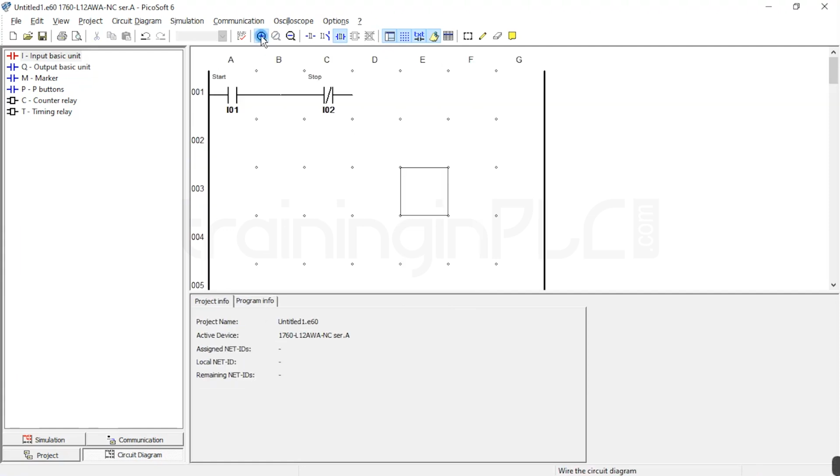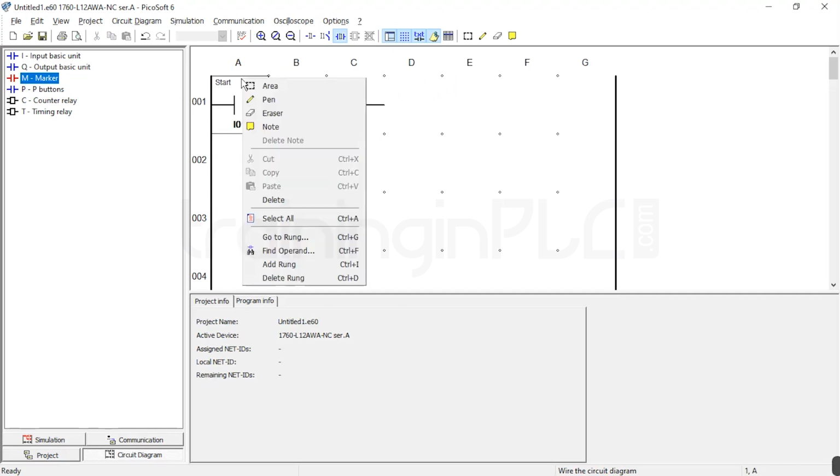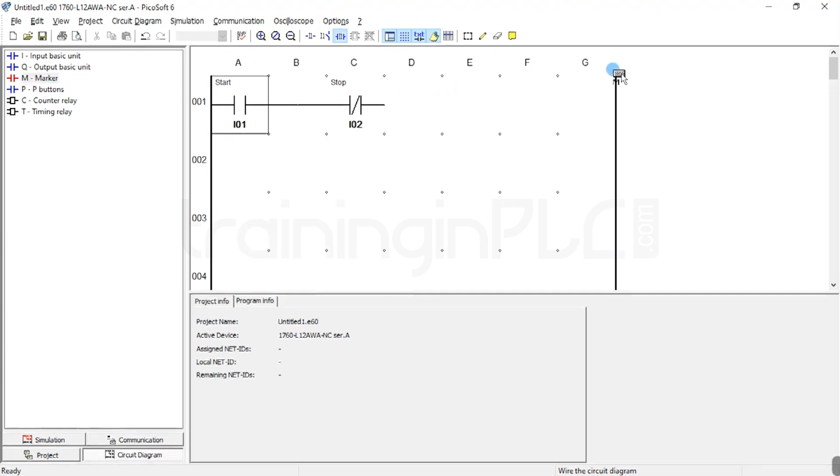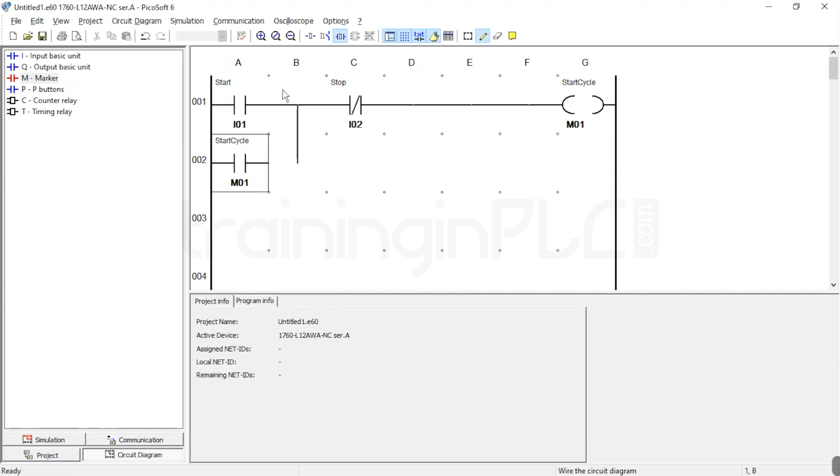Okay, let's zoom it. And I'm going to take one memory because this is a push button, so I need to latch this. So I'm going to take one memory, MW1. This I'm going to rename as start cycle. Let's connect this. Okay, so once the start cycle is done,